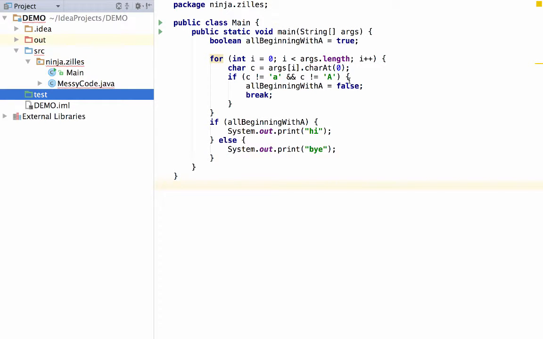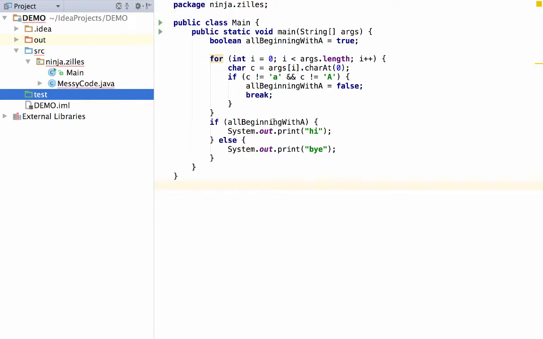So this Boolean is a one-way flag. It's going to start true. We're going to conditionally set it to false. Once I've set it to false, there's no more work I need to do in the loop because I'm never going to set it back to true. And then based on whether the Boolean is true or false, I'm going to print out a message at the end. So this code in some way has some similarities to the code that you're writing,